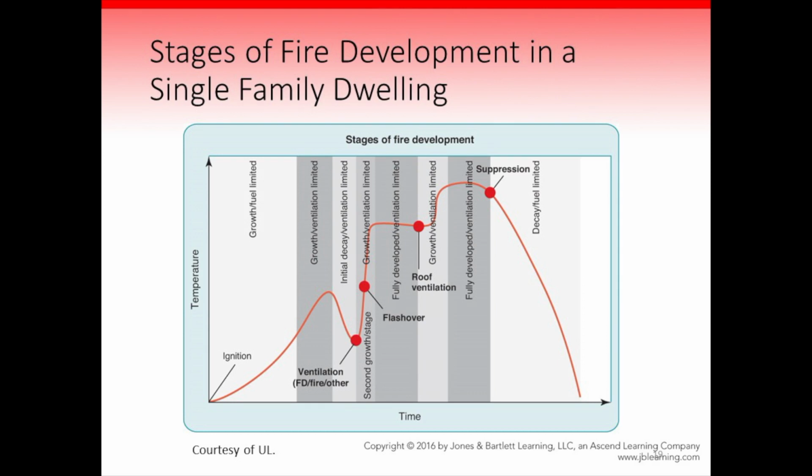Then there'll be a change in your ventilation profile, which is indicated by the first red dot. When that happens, fire department may be forcing the front door to make fire attack, maybe a police officer is opening a door, maybe a resident or a neighbor is opening a door. When this happens, it mixes with that fuel-rich environment, and you have a rapid growth phase that is followed by a flashover that will continue to grow until it balances out with the amount of air coming in and the